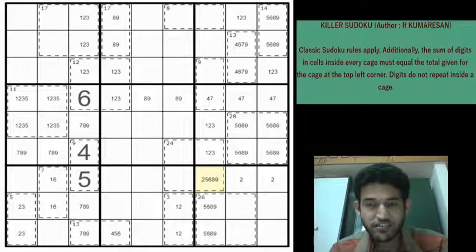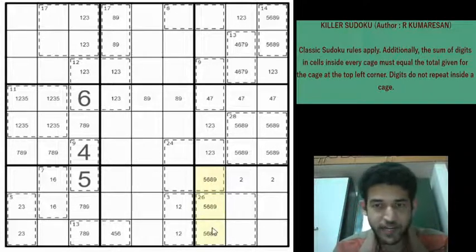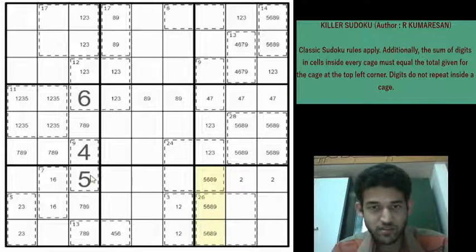Amazing logic. Very sharp and pinpointed. Very difficult to see that way. So we established for certain 6 and 9 will be in these 3 cells. Depending on what this cell is, we either have a 5 or a 8 in these 3 cells. And you have a 5 here, so you can eliminate the 5 from here.